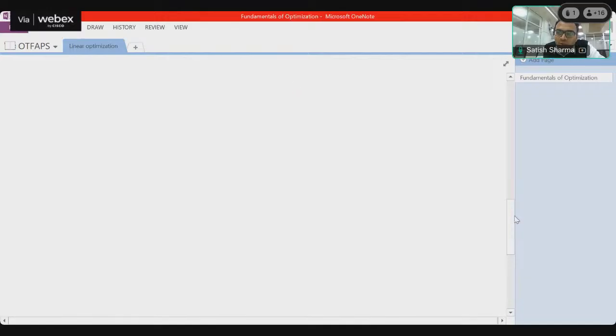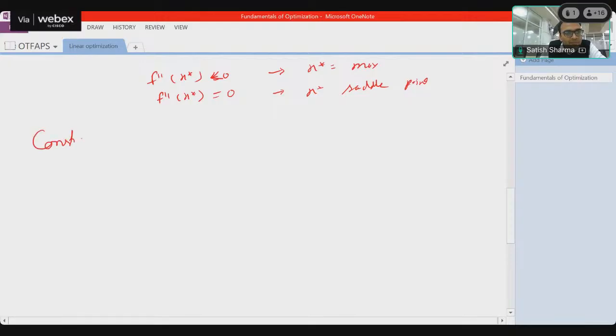The generalized form of constrained optimization we discussed earlier in the morning, but if I look at constrained problems, it's always like minimization of some function f(x),